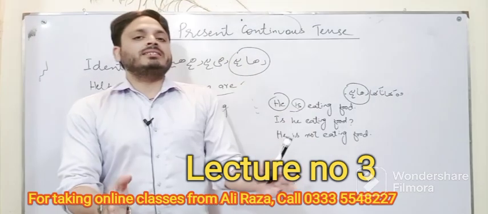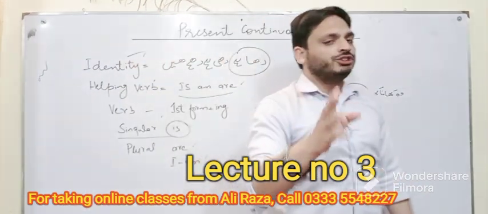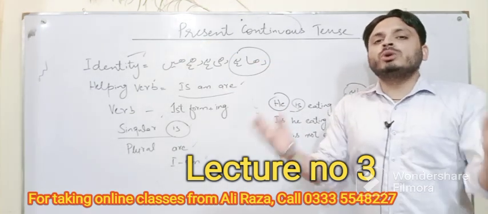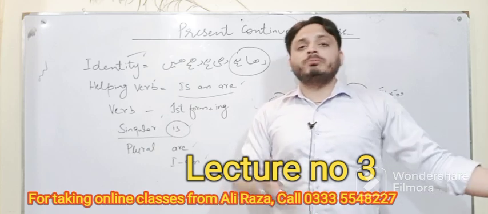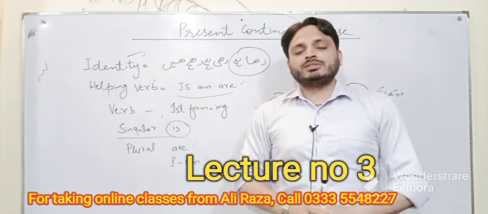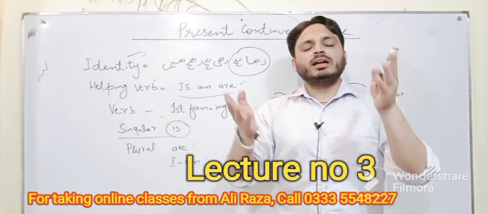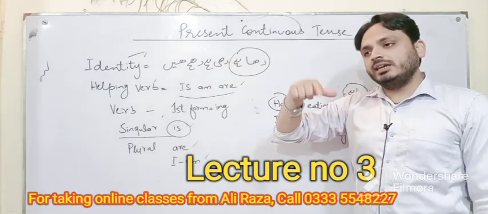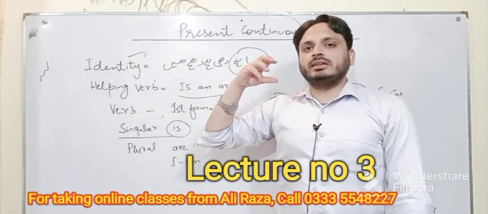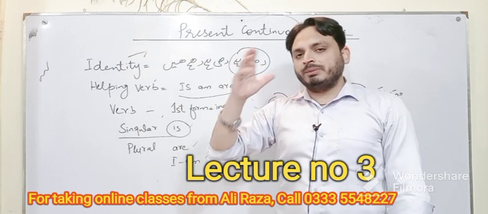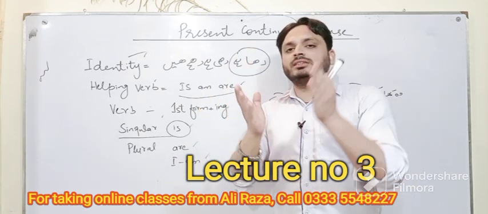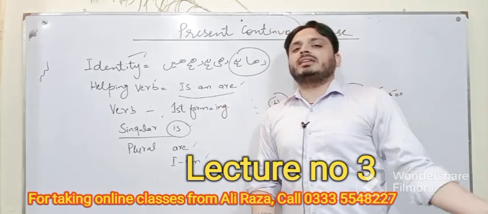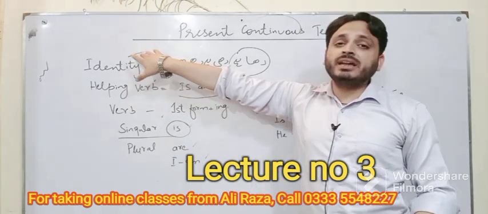So basically this is our present continuous tense which I have defined, and I have mentioned two ways of learning this tense. First is that you can learn it by Urdu identity, which I have been mentioning on my page and on my social media and other apps, that you can learn tenses by Urdu identity: raha hai, rahi hai, chuka hai, chuki hai. So you can identify it this way. The other way is that you can remember that tense by its definition. As I told you, it shows any action which you mention when you are speaking, exactly at that time you are performing that action. In that scenario you have to use present continuous tense.